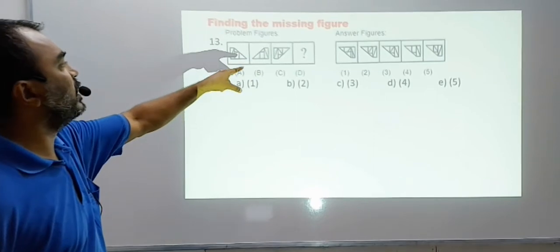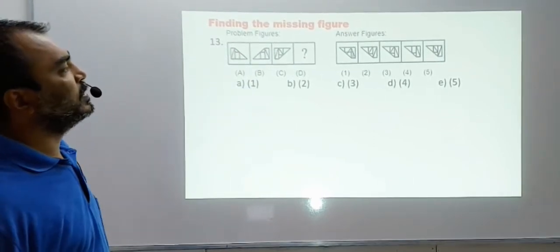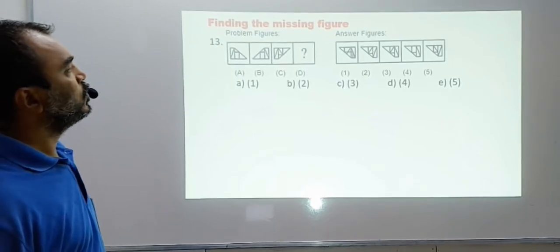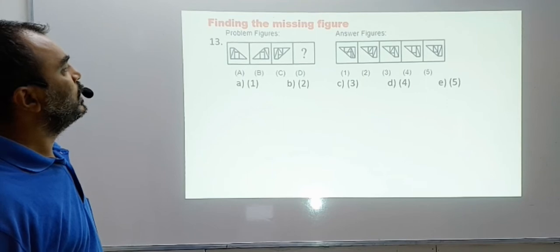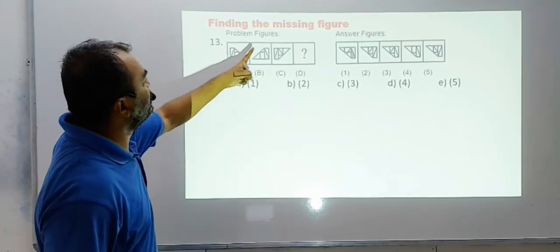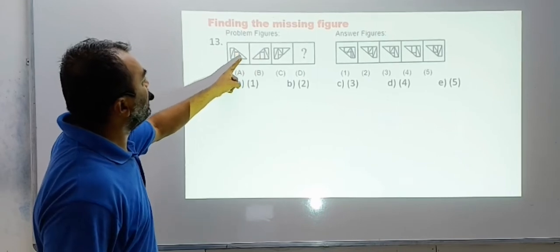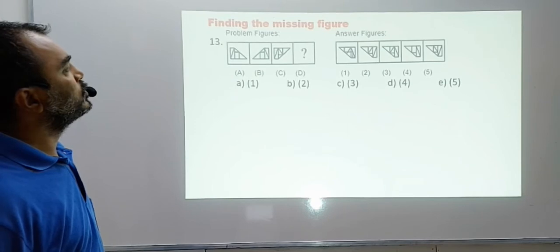So the number of lines are not changing. So be very careful there. Because in some figures the number of lines have increased. Go for the mirror image. Now what do they make complex here? There was only one diagonal in this rectangle. They have also put a diagonal in this smaller rectangle. So that diagonal we will have to see.